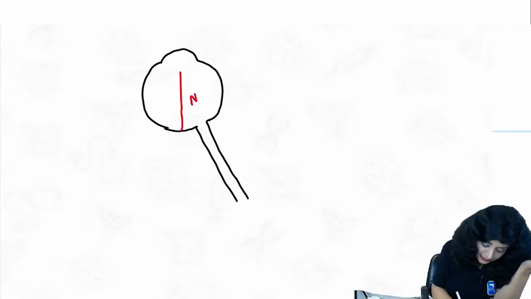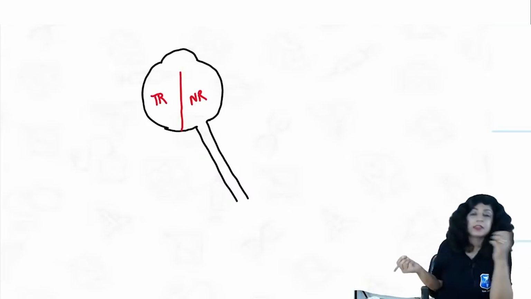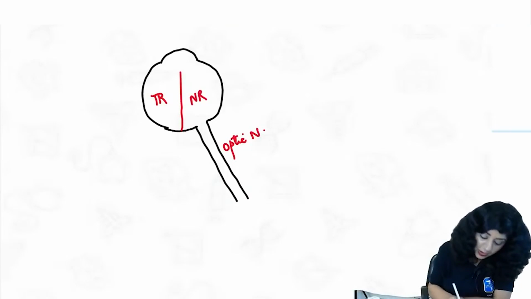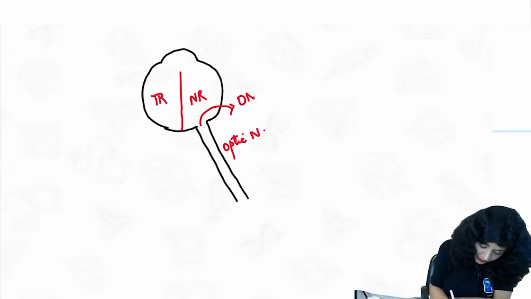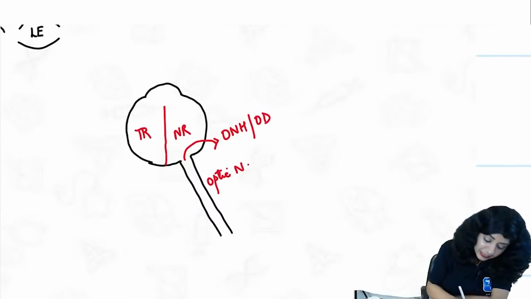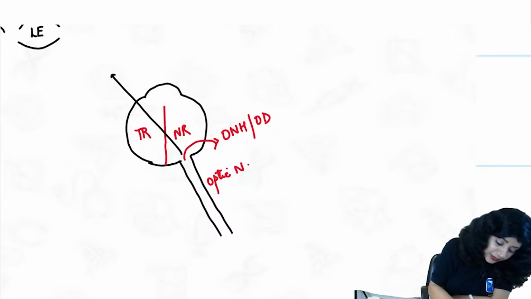This is your nasal retina and this is the temporal retina. And on the nasal side, we have this optic nerve. Now what is happening? There is a vacuum here. This is called the optic nerve head or optic disc. This will be leading to a blind spot here